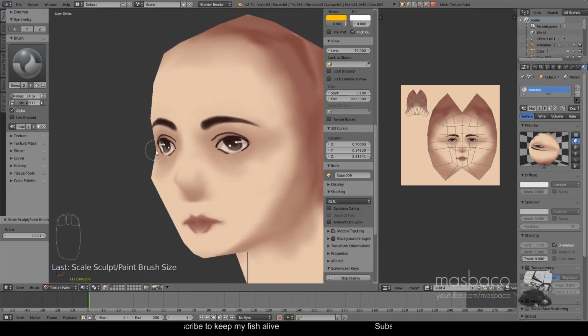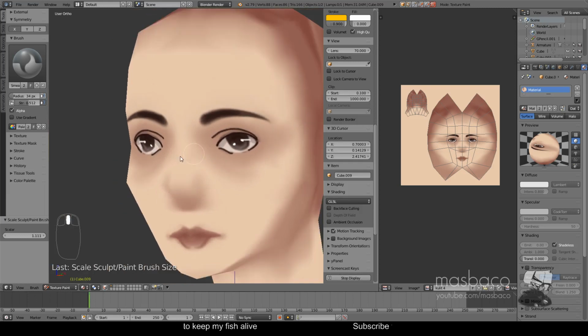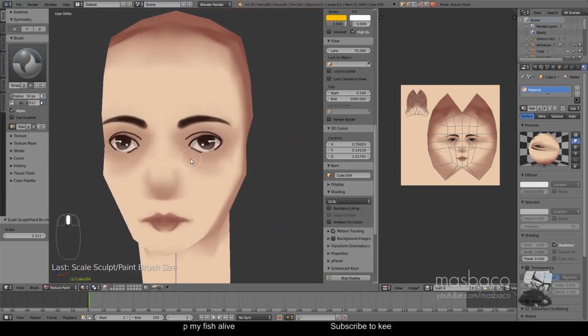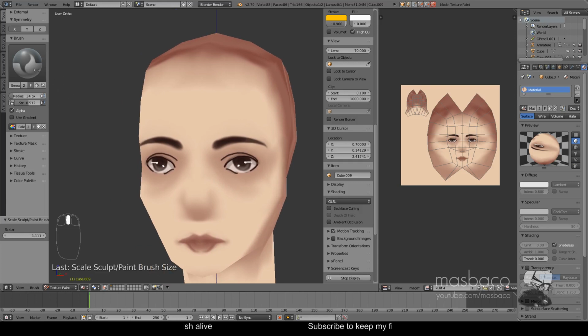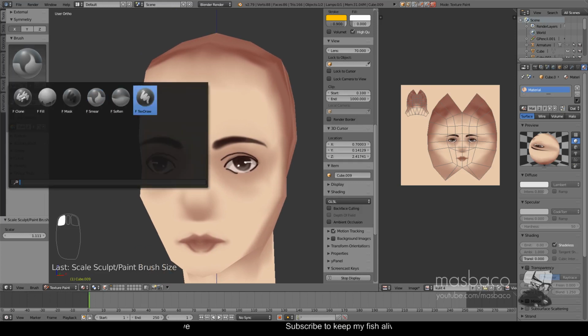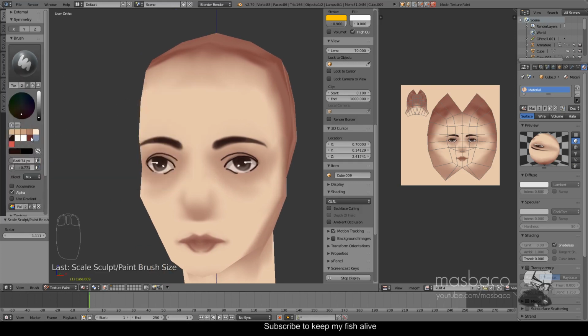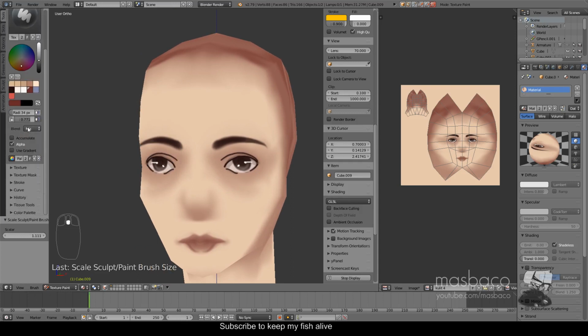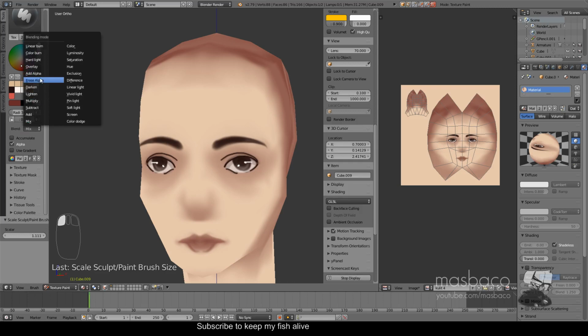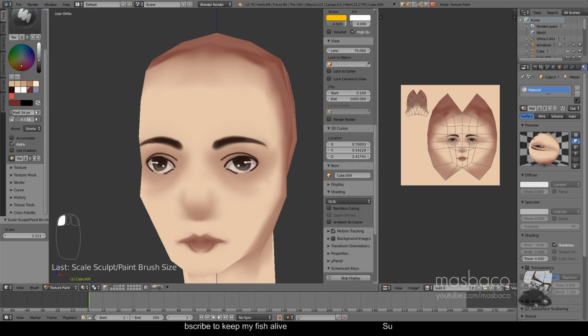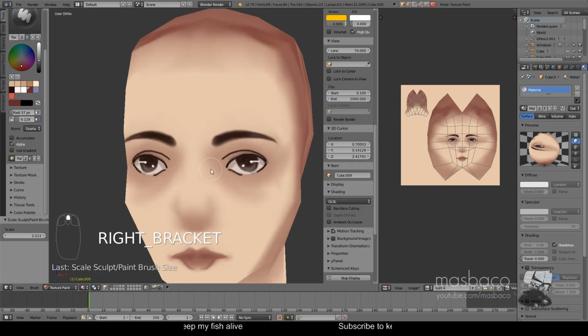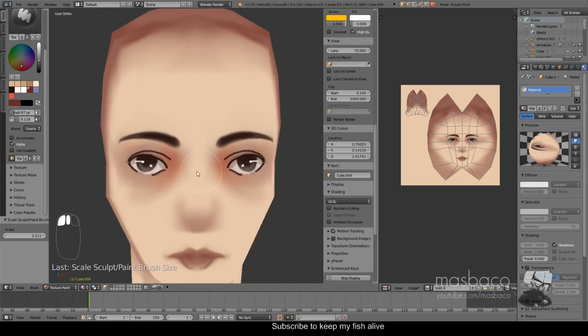Now after we're happy with the result, it's time to add another saturated color again. Just add another color, a slightly dark color, and change this to overlay I think, and decrease the brush strength all the way to 1, and start adding shadow in there,